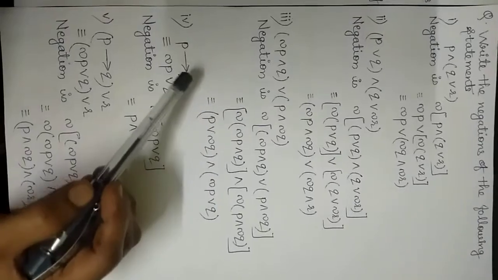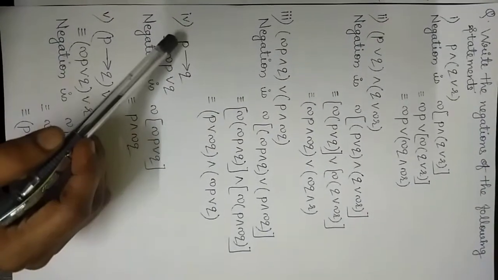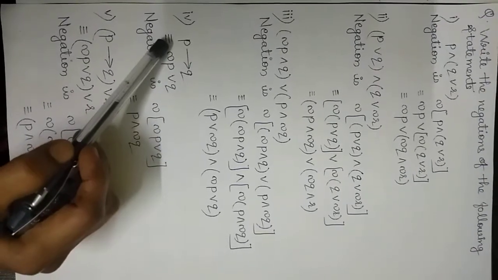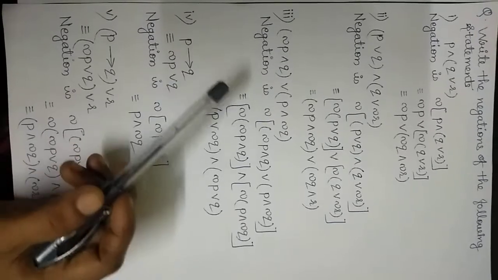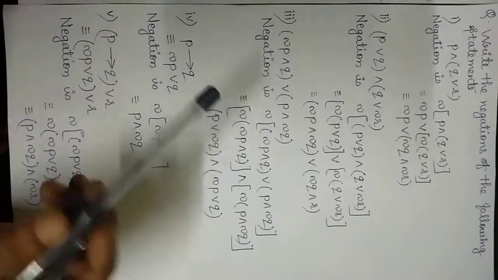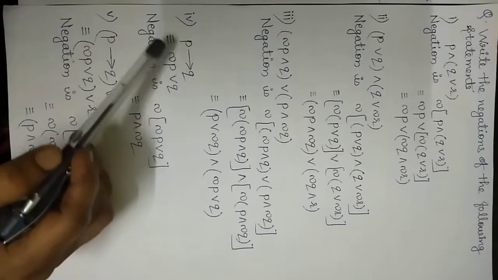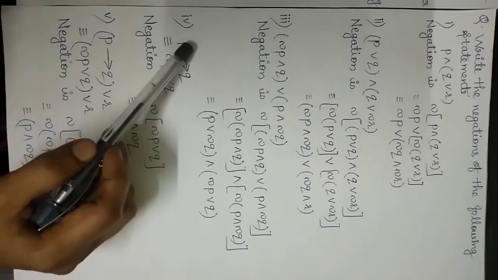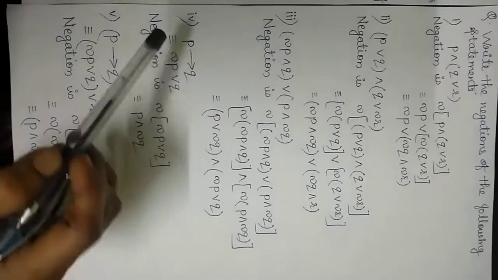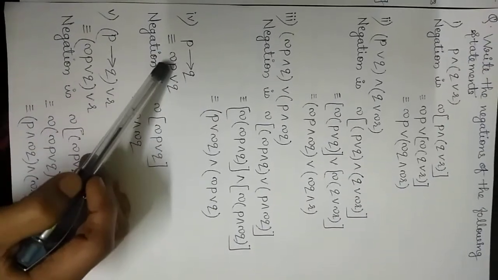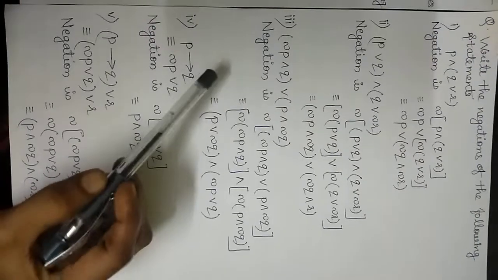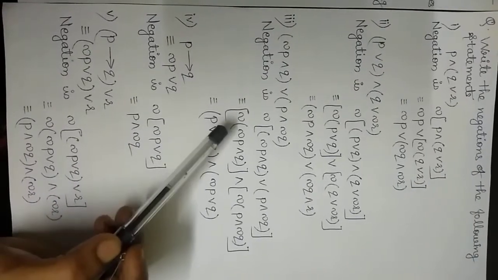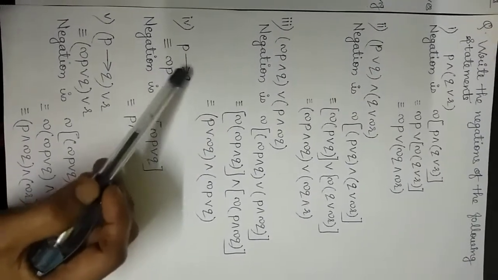Whenever an implication, a conditional statement, is given, like P implies Q, first we will write the equivalent statement of that, so that we convert the implication into another logical connective. Here we can write P implies Q is equivalent to negation of P or Q. That is, first statement implies second statement is equivalent to negation of first statement or second statement. If you construct the truth table for both these statements, the last column will be the same. That means these two are logically equivalent.